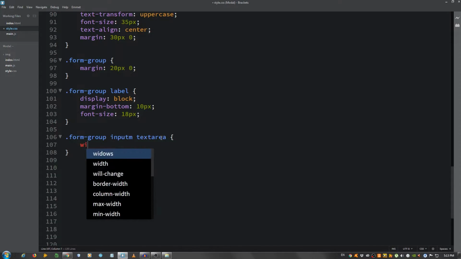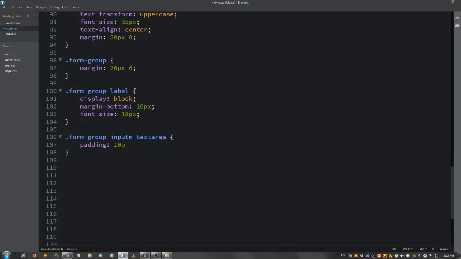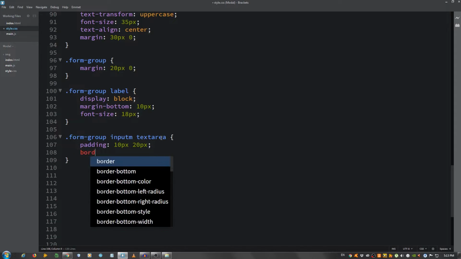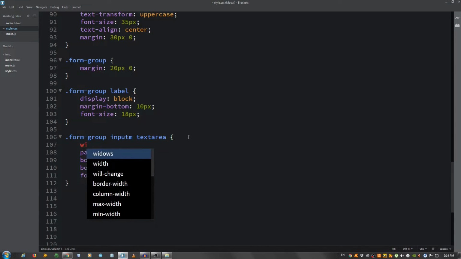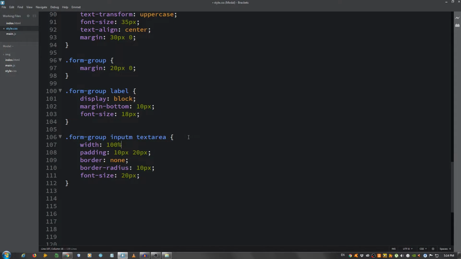Okay, now I'm gonna give this padding of 10 pixels, 20 pixels, so 10 pixels top and bottom, 20 pixels left and right, border none, border radius 10 pixels to make a little nice rounded corners, a font size of 20 pixels, and I'm also gonna give this a width of 100%,